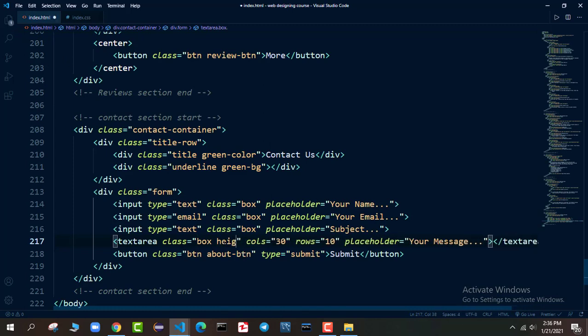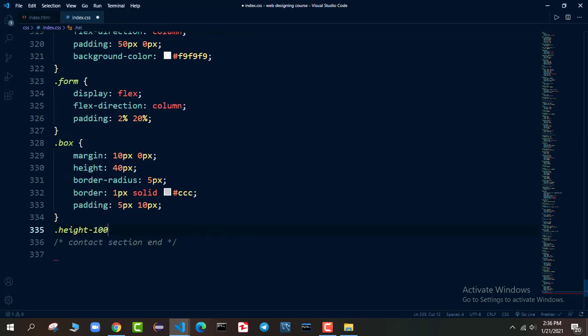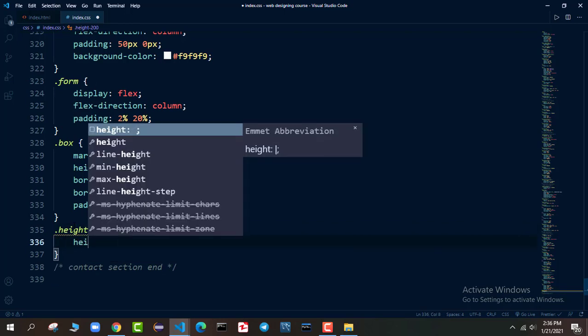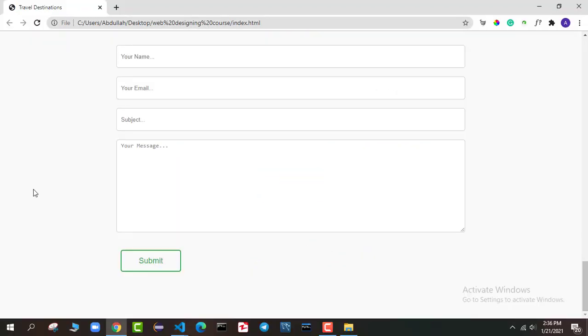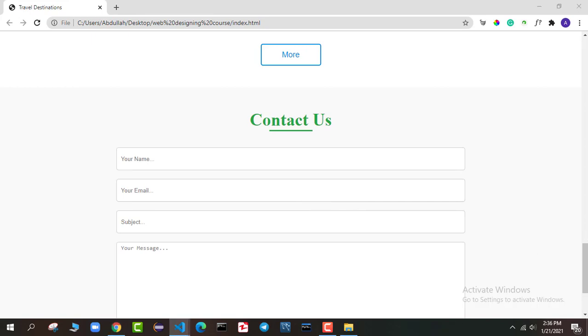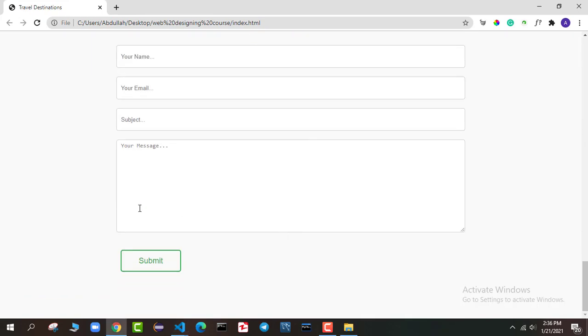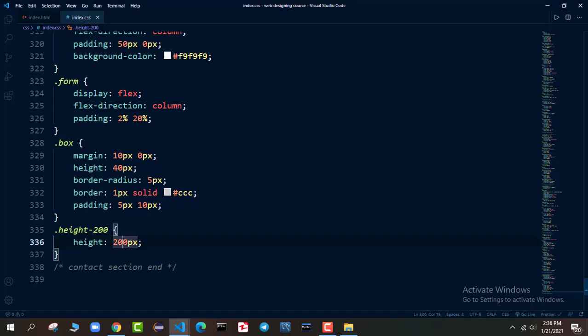We will say height, and height will be 200, and here I will say dot height 200, and I will say height 200 pixel, and you can see we are getting 200 pixel height. This seems good.